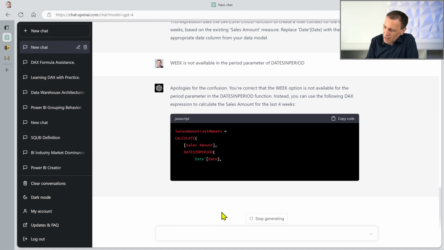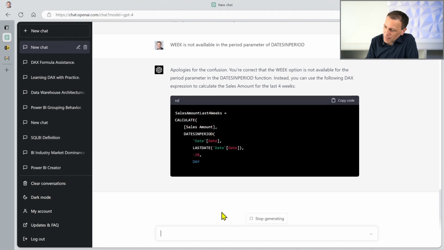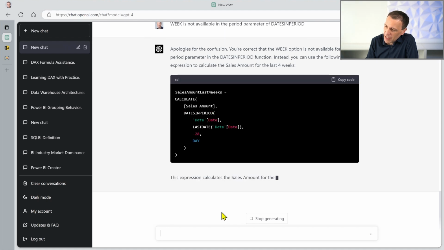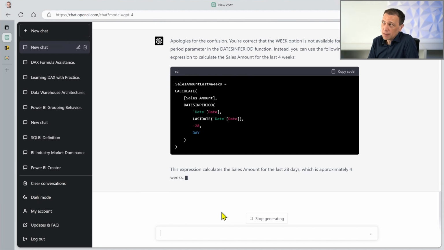So now in the code, it will multiply minus 28 days. So that's good. I mean, it considered that the week is 7 days, and it made the multiplication. If you know about ChatGPT and its ability to do arithmetic calculations, it is not so trivial. So it's also possible that it found this solution somewhere else. 4 weeks is